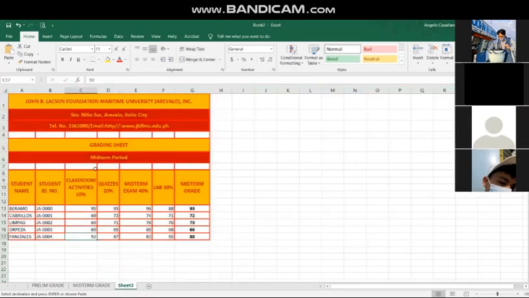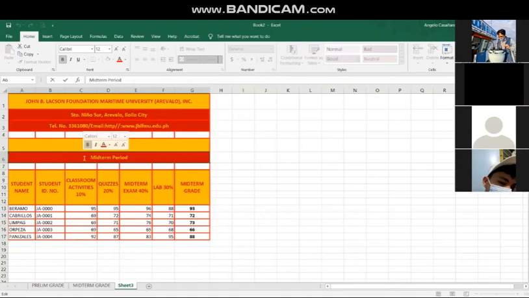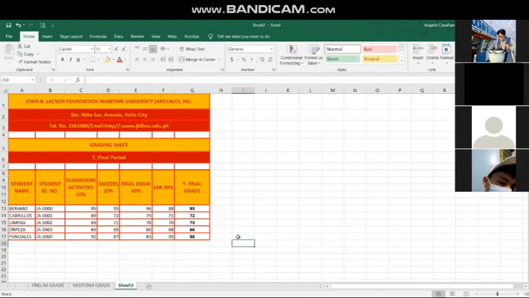Ayan po. Then the same process, yung midterm po, meron po tayong tinatawag na tentative final. So this is the final period. But we don't have the final exam yet, but this will be the final exam. But we have a tentative final period, so this is the final grade. Ayan. So the next thing that we're going to do, the same process, mag-change tayo na ulit ng panibagong